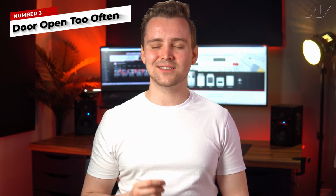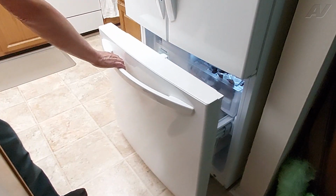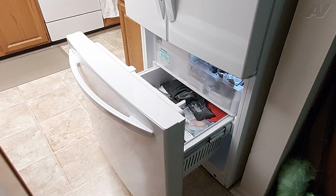And number 3, opening and closing the freezer too many times. Now, we've all been there, looking into the depths of the freezer with the door wide open, trying to determine what to eat. By letting all of that cold air escape, you drop the temperatures greatly. And as you know by now, if the ice maker is not 15 degrees or below, it will not enter the harvest cycle. So the next time that your ice maker is not producing enough ice, give your freezer a chance to cool down a bit. Or you may have a faulty component preventing the proper